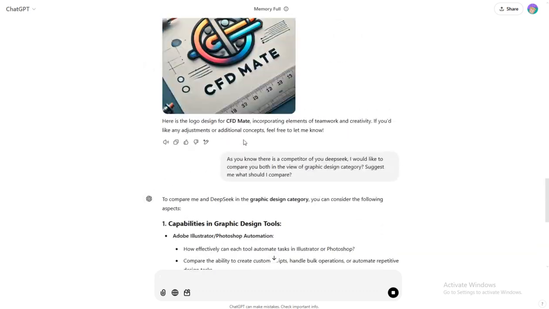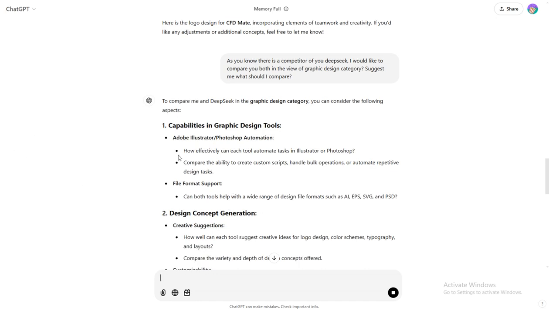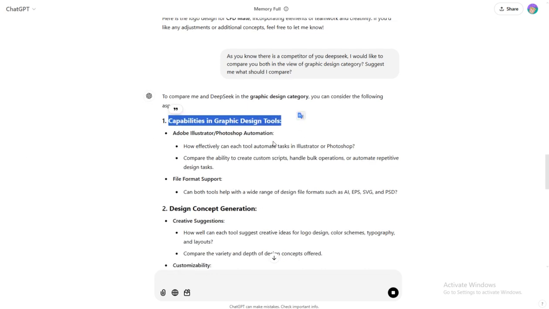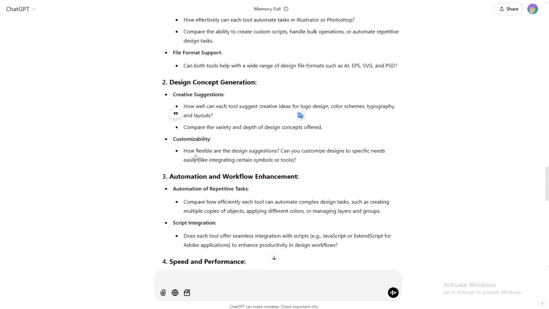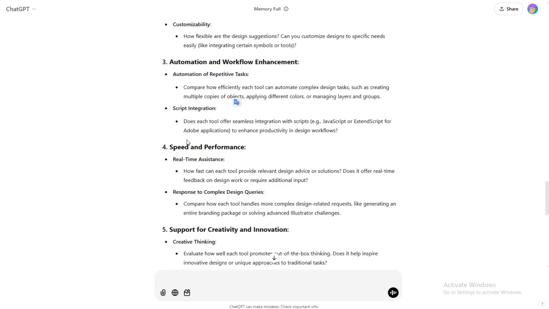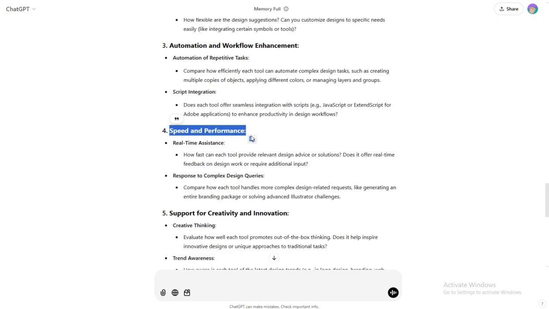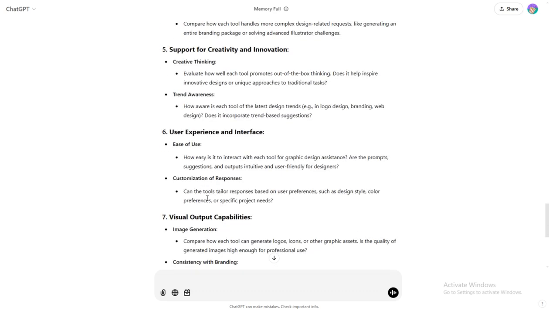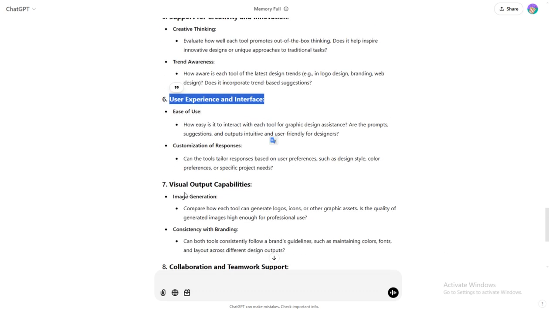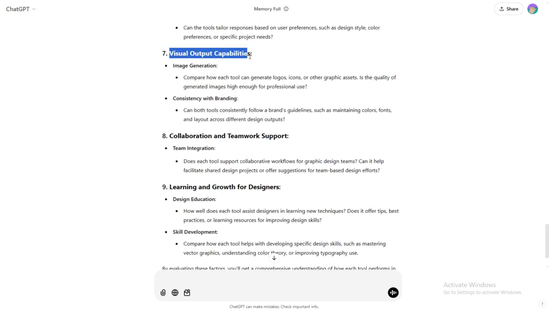So both have given me their opinion, and I will use them to test the future score for both of them. So for comparing, it has said it will help me in automation, it will help me in creative suggestion, and visual output capabilities.